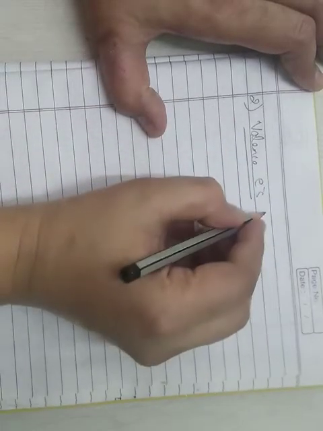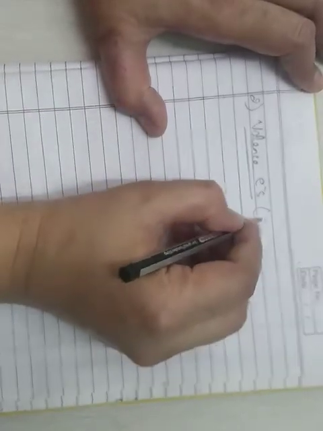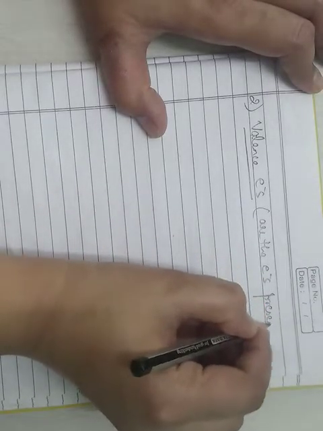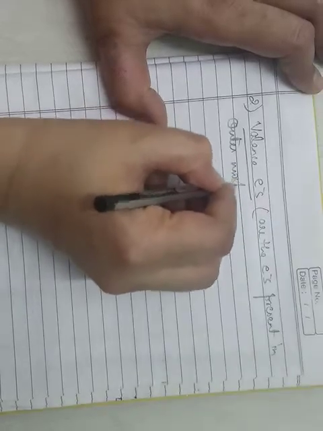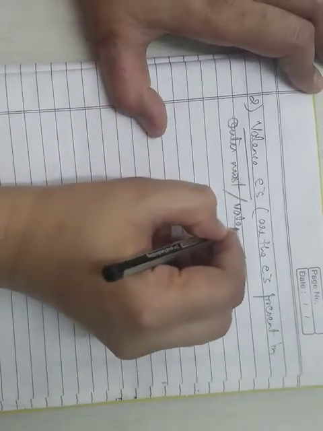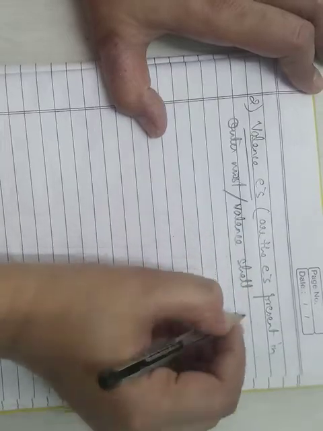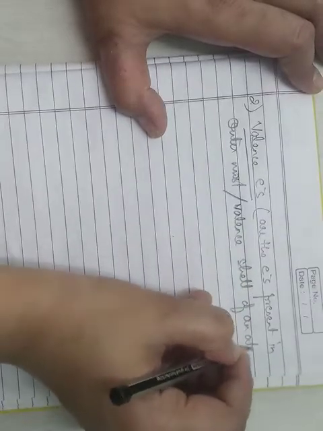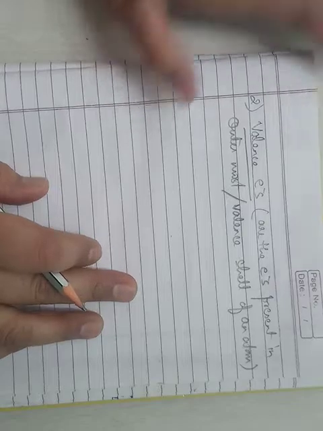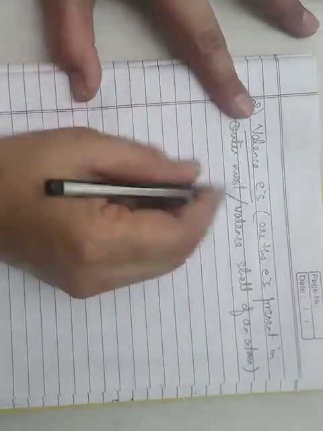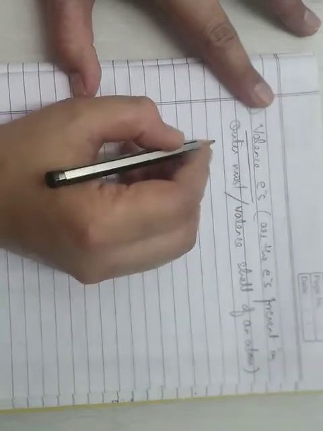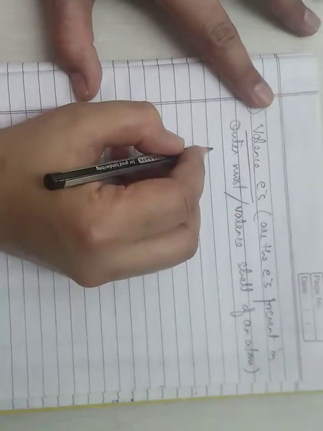Now children, we know that valence electrons are the electrons present in the outermost or valence shell of an atom, right? Now how can you take out the valence electrons? For any atom you will write the configuration. Say, for example, we have taken magnesium. You will write the configuration.